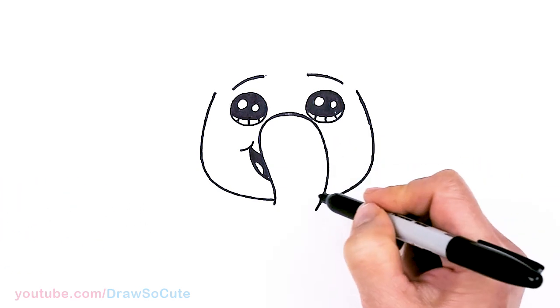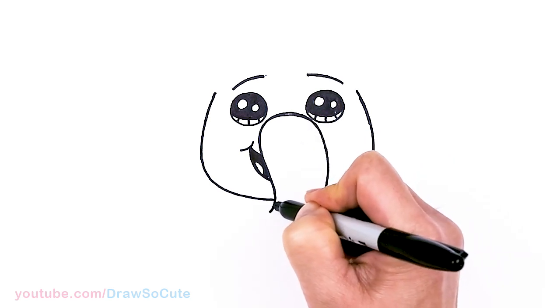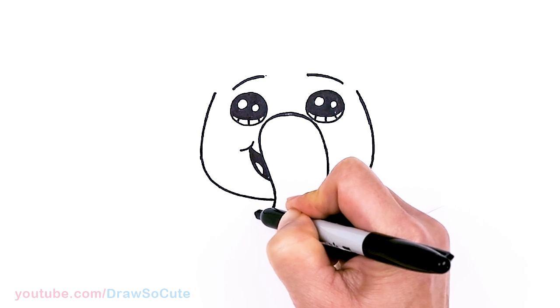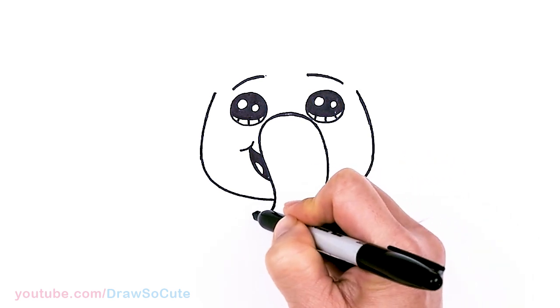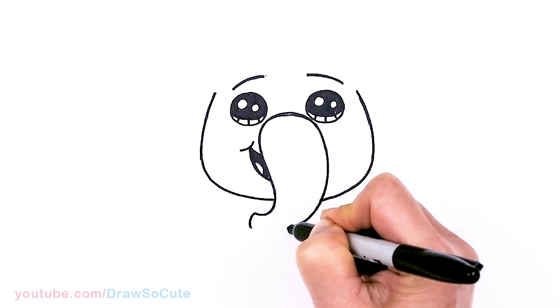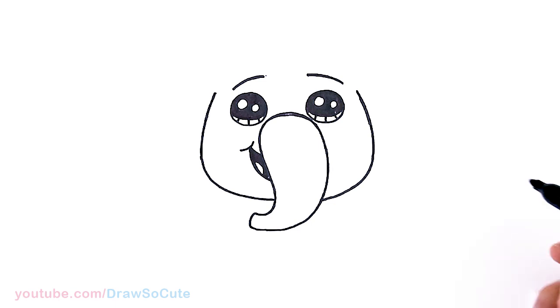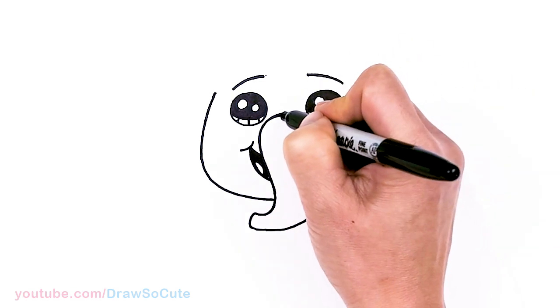Then from there, now that we know where the bottom of her face is, I'm going to come right here, and I'll just bring this down a little bit more. And curve it out, and then round out the tip and connect for the rest of the trunk. There. Okay, so now that we have that in,